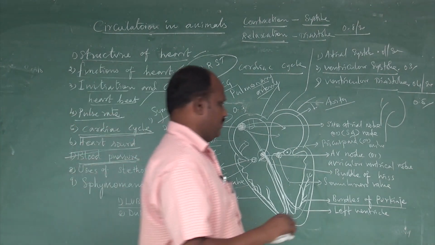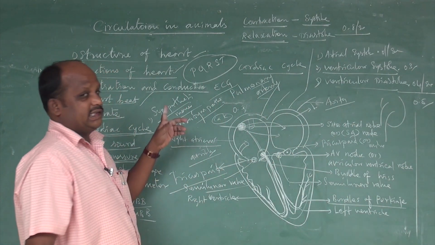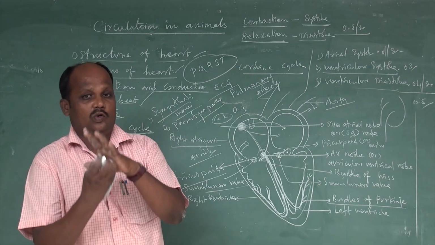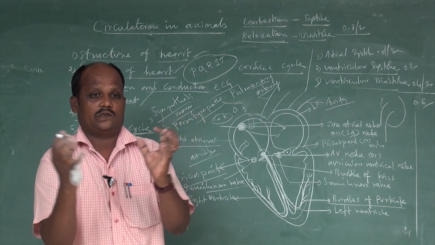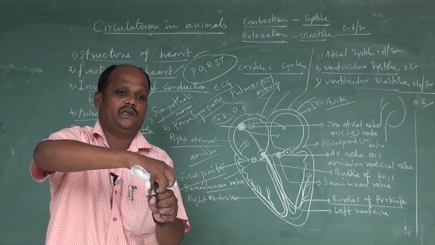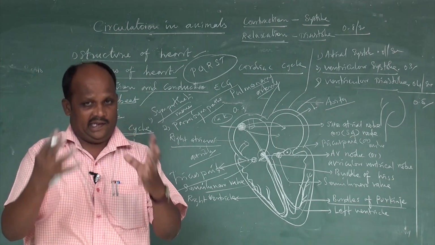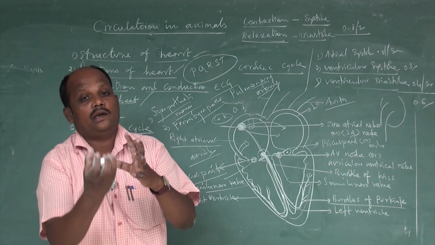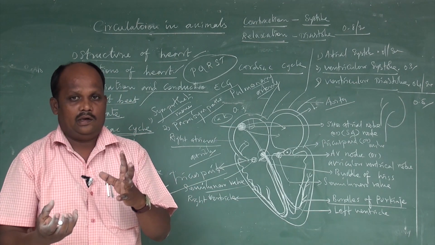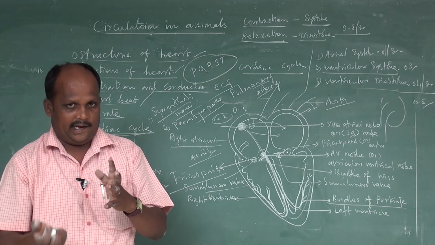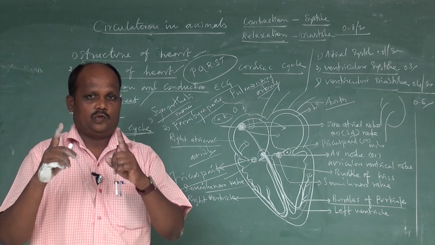What is systolic pressure? Systolic pressure means that when the two ventricles of the heart chambers contract very forcefully at the same time, blood is forced out of the chambers into the major blood vessels. At that time the pressure increases. When the two ventricles relax, blood is not passed from the ventricles, so the pressure is reduced. That is the diastolic pressure. These are the two types of pressure.